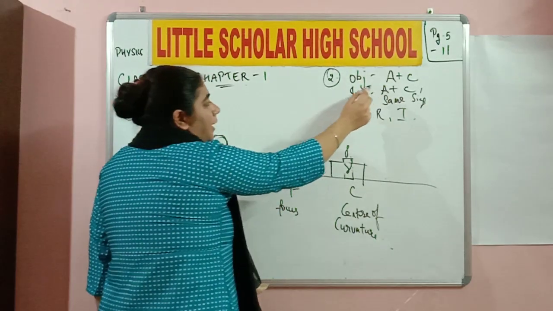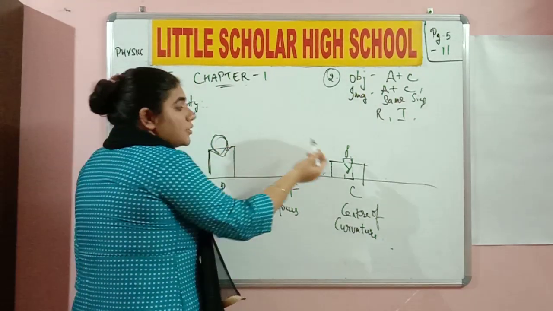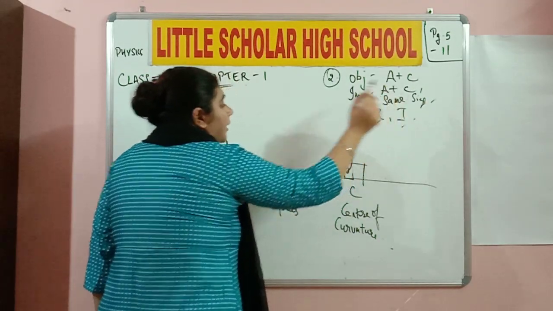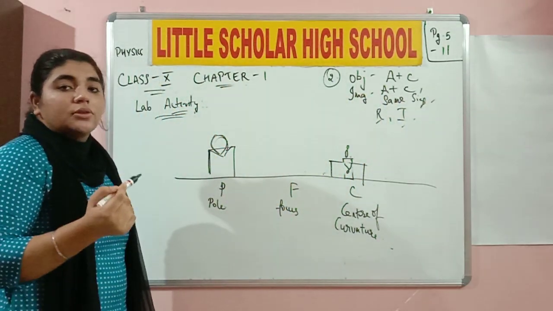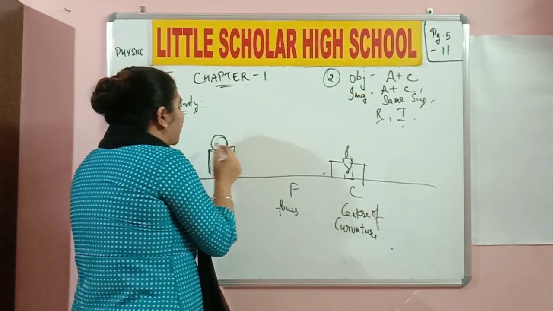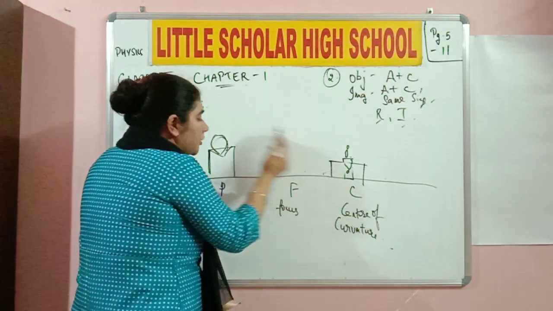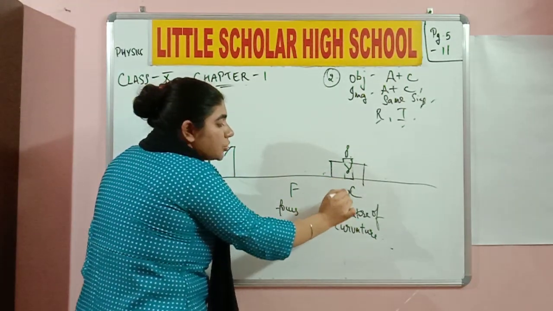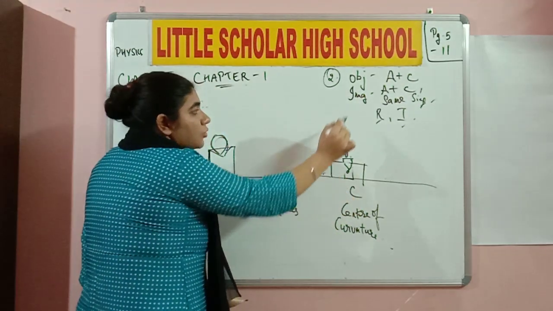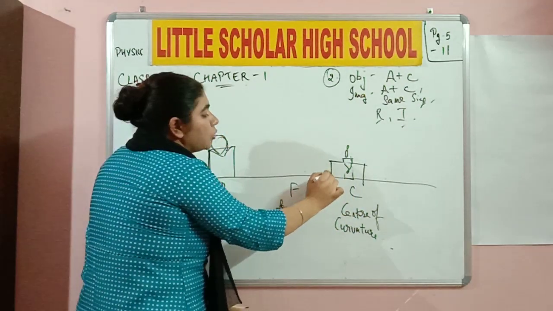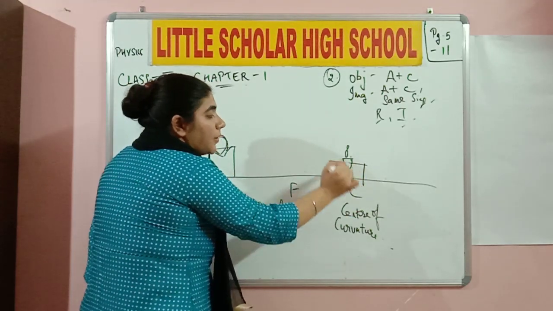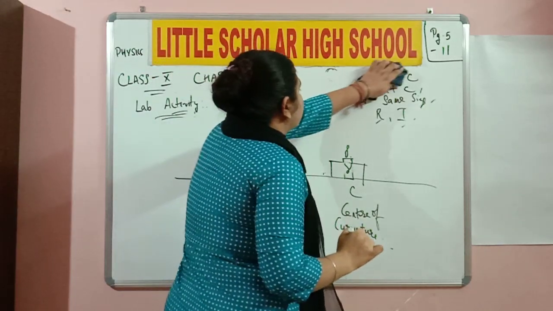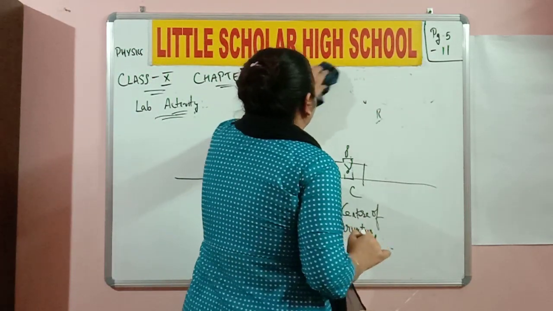So what happens when I place the object at the center of curvature? The resultant image will also be at the center of curvature. It is going to be same size, real and inverted. Okay with everyone? And how is this all happening? Is this all magic? No, it is happening all because of the concave mirror. The object is placed in front of the concave mirror over here, but at a certain position. What is the position? It is nothing but the center of curvature. So to view the image, what am I going to do? I'm going to place a screen, which is nothing but a white paper, at the center of curvature to view the image. Okay, so now what do you think is going to be my next placement over here?